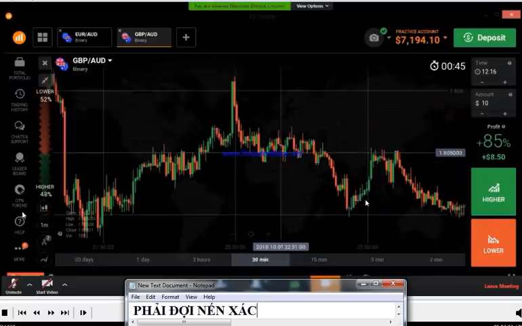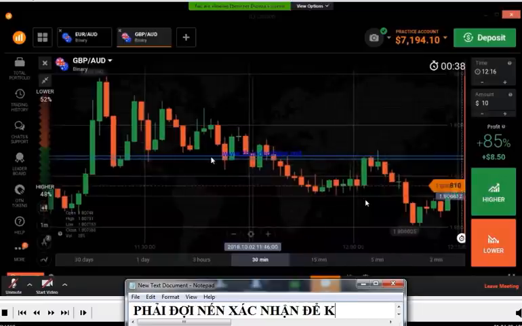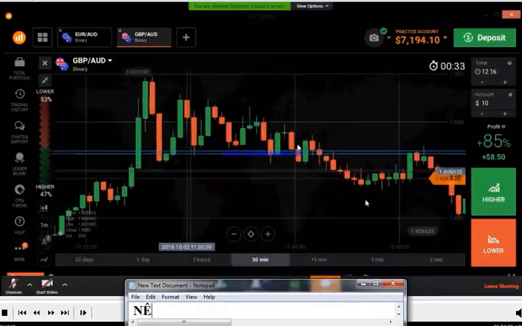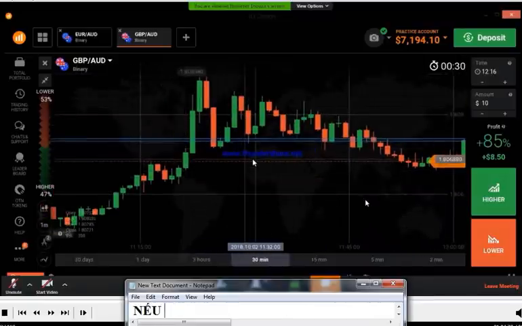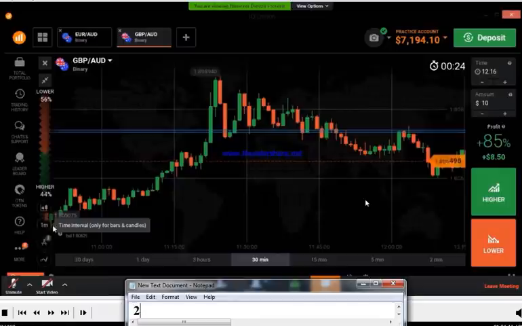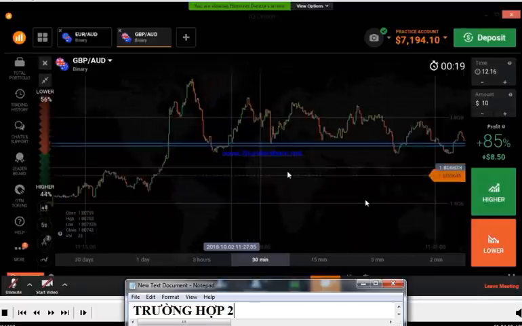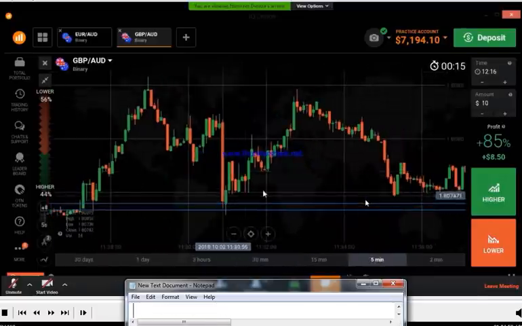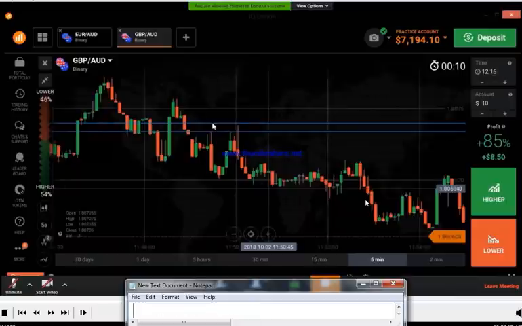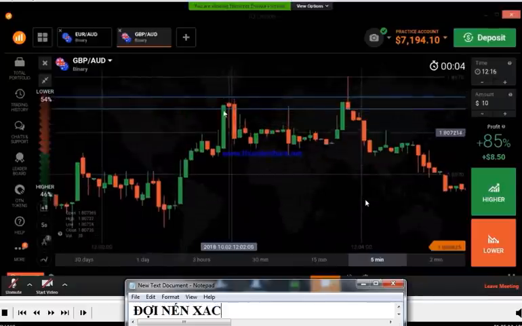Okay, this is the strong level. Strong levels means you can trade on the strong levels, but the candle must close below the level, right? Must close below the level. When you see the candle close below the level, you can trade on the next candle with confirmation. Like, we'll show you the confirmation here. So you can see this is the confirmation, and there is no confirmation here. Okay, this is the confirmation. Okay, this is the confirmation.